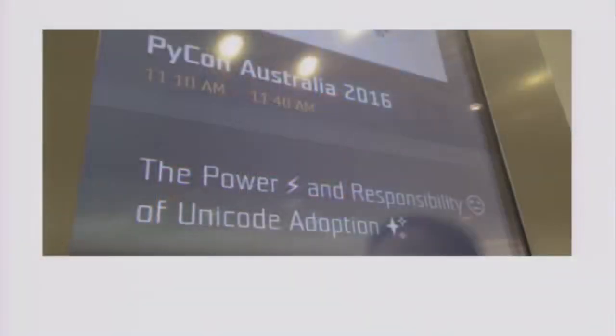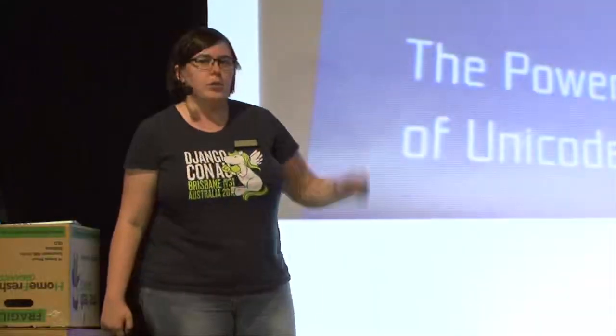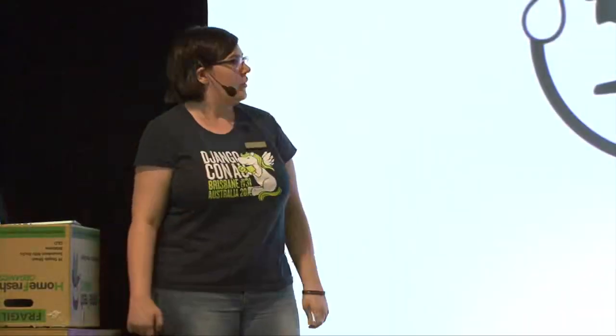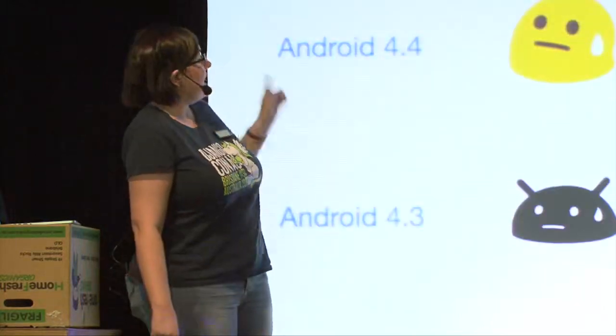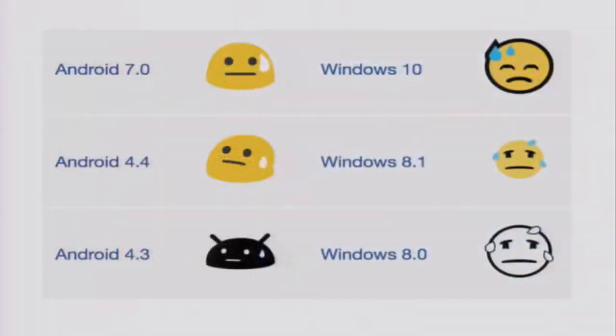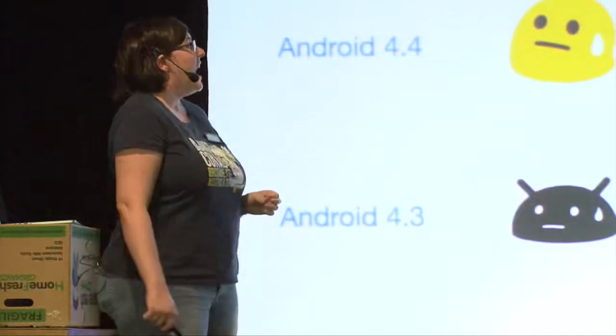I can tell you exactly what operating system this is running, literally based on what emoji it's showing, because that is the Windows 8.0 implementation of the face with sweat dropping. Because every version of Windows has changed their emoji since. Most versions of Android have also changed their emoji. So if you throw this at something and then read it back, you can tell exactly what version is down to the minor version. So that's fine. We can introspect exactly what operating system things are running in conference centers. But